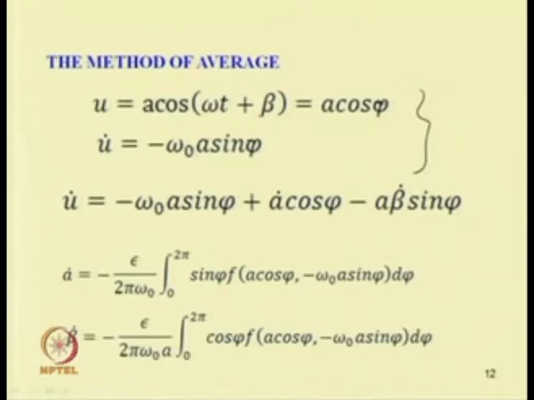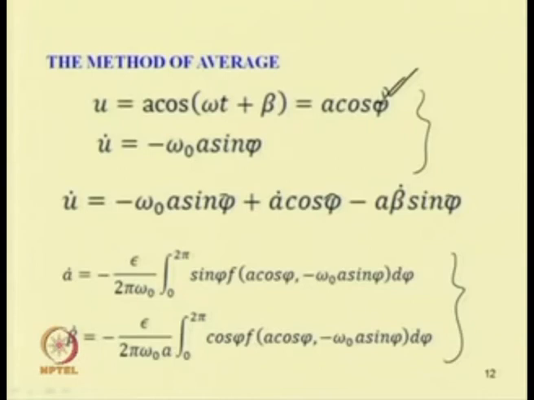So, A and beta should be functions of time. Now, differentiating this one can obtain u dot equal to minus omega 0 A sin phi plus A dot cos phi minus A beta dot sin phi, and substituting these equations and following a similar procedure to what we have discussed